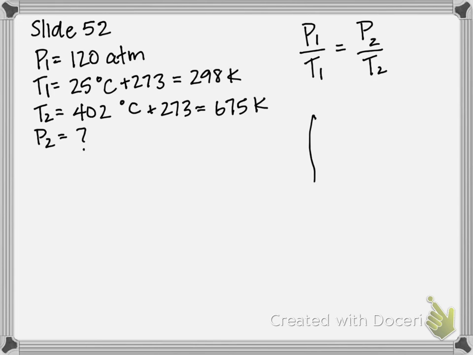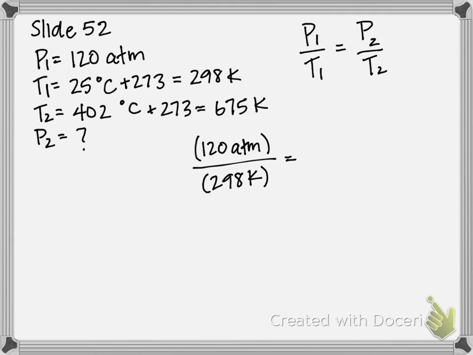So now to complete the rest of the problem, sorry, I'm marking on my page, is to plug into our equation written above. So our P1 is 120 atmospheres, T1 is 298 Kelvin, P2, we don't know it, that's what we're looking for, and T2 is 675 Kelvin. So I'm going to cross multiply,